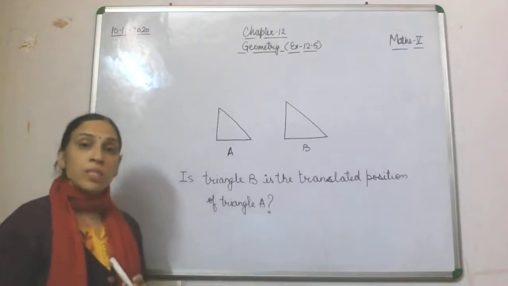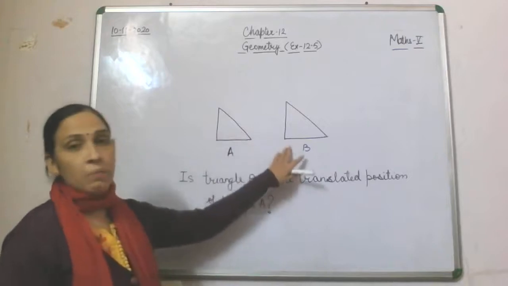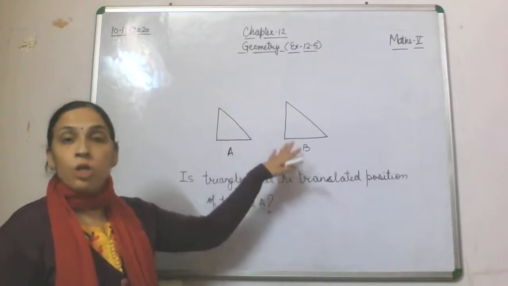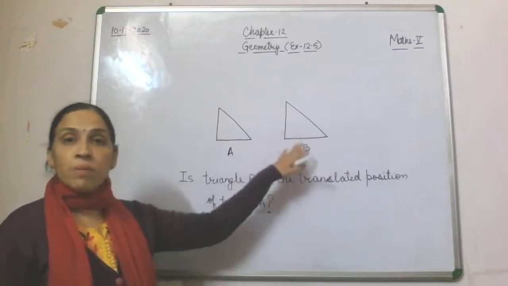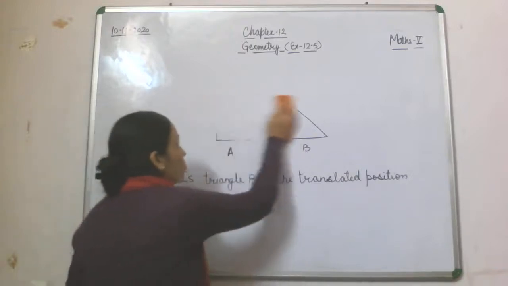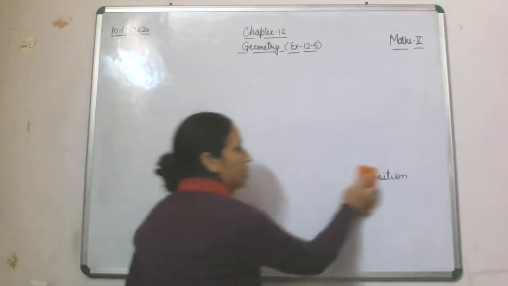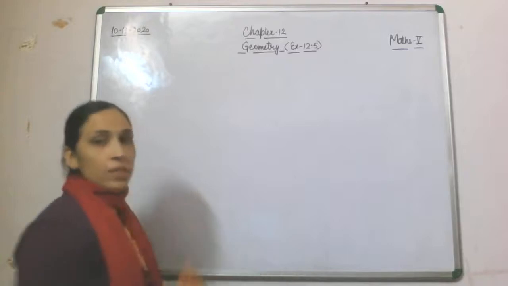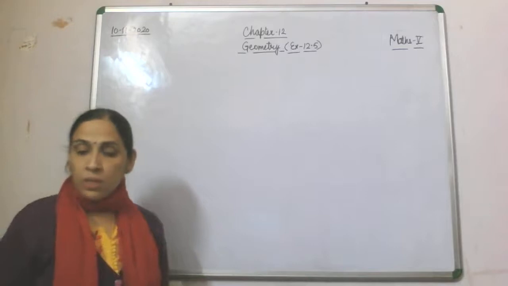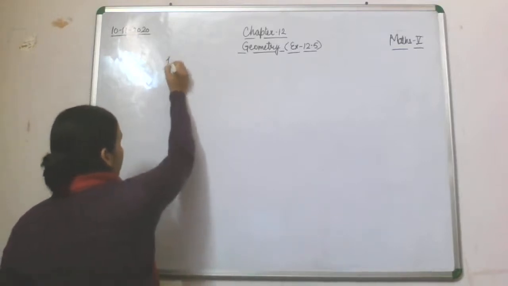Now children, with this translation here, what will be the answer when triangle A slides over triangle B? You will find that triangle A is a bit smaller than triangle B. So it is not going to cover, it is not similar to that. So here the answer will be no. So what do you understand? That for getting a translated position of any object, both objects must be of the same size. So now today we are going to do 2-3 concepts. First we have done this translation.